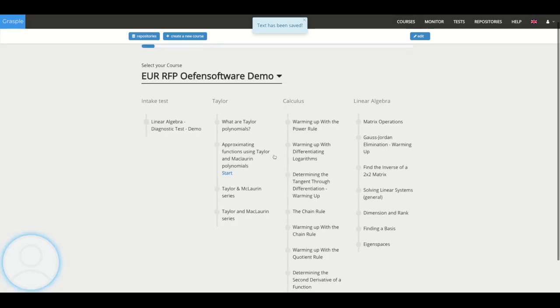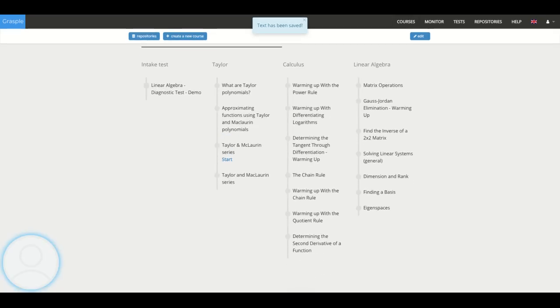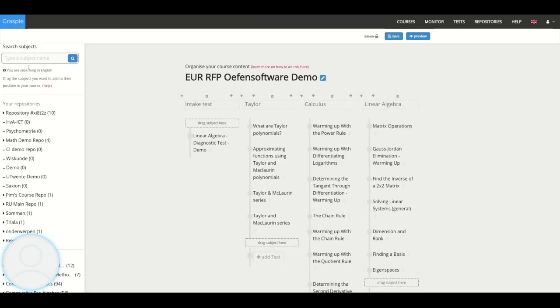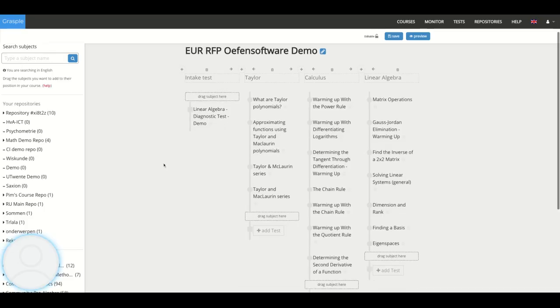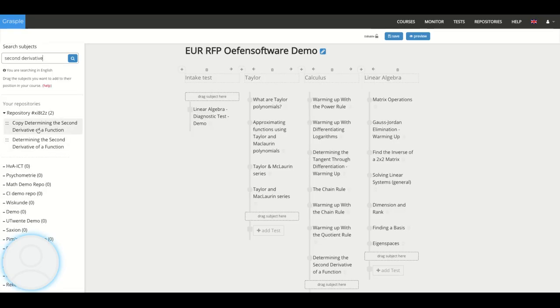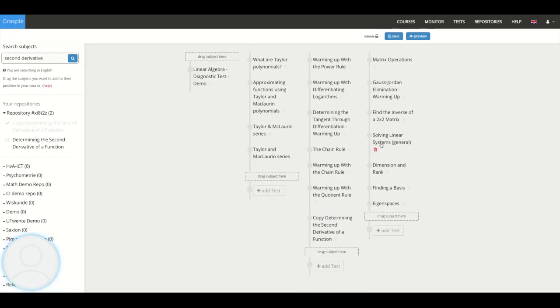What I can now do is use that new lesson instead of the existing one. I can just change it here and then drag it here, and then it's done. This was the second derivative of the day, and it was the copy one. I'll delete this one,